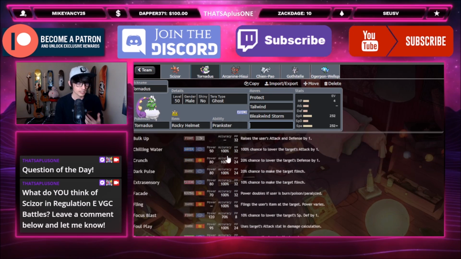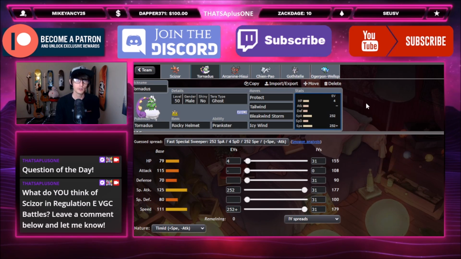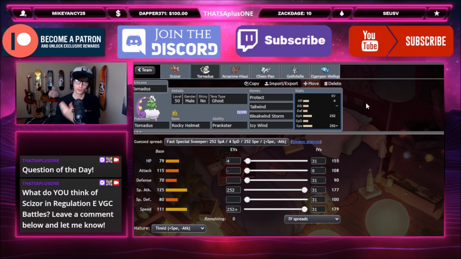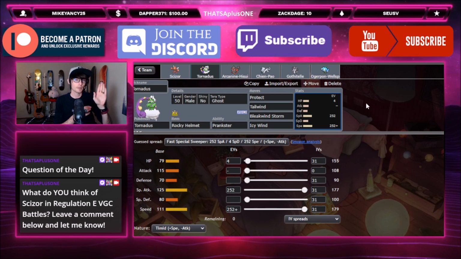So that being said, the move that I usually like to go here is Icy Wind, and there's a reason why I like Icy Wind. First of all, it's really good versus Lando. It's really good versus Chien-Pao, really good against Flutter Mane. It basically makes it so if you get up the Tailwind first, you can then just spam Icy Wind until